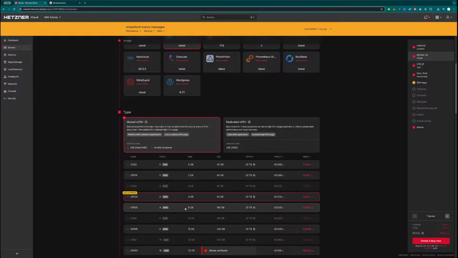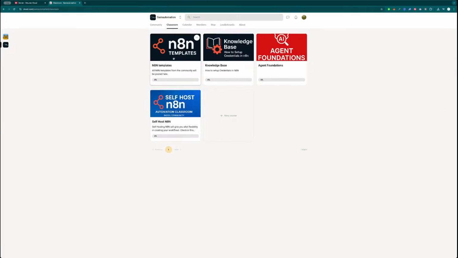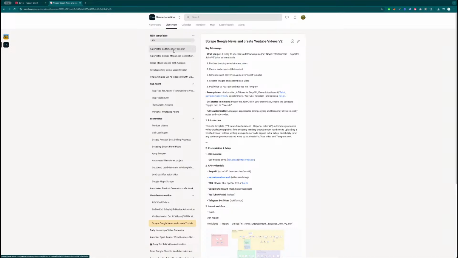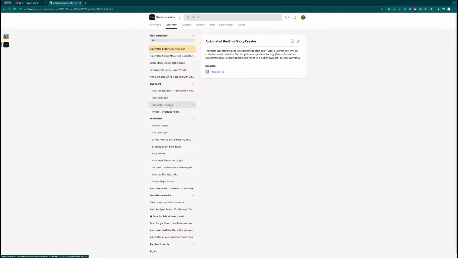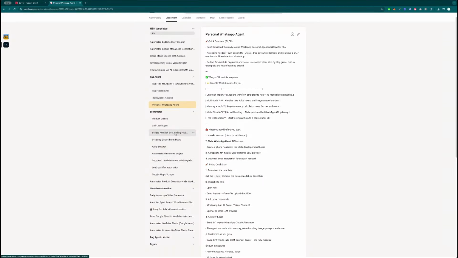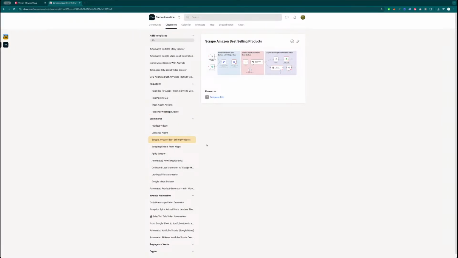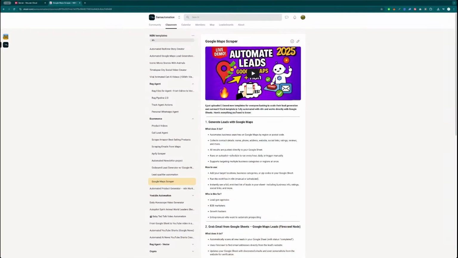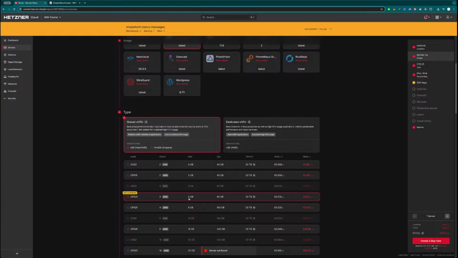8, if you are running, for example, a bedtime story creator, and you are running your personal WhatsApp agent, and you are scraping Amazon best-selling products, and you are scraping Google Maps, then you'll run out of memory. So if that's the thing you are going to do with your N8N, and it's pretty addictive, so I would always choose 8 gigabytes because it's just